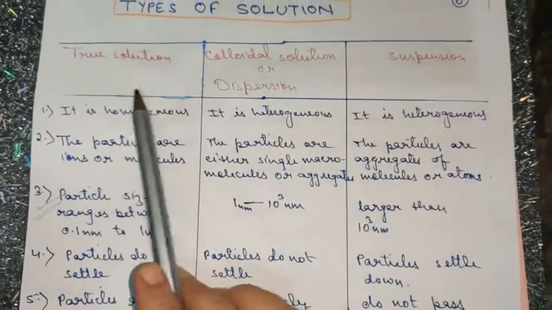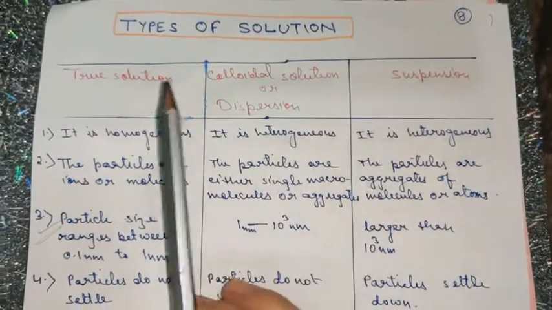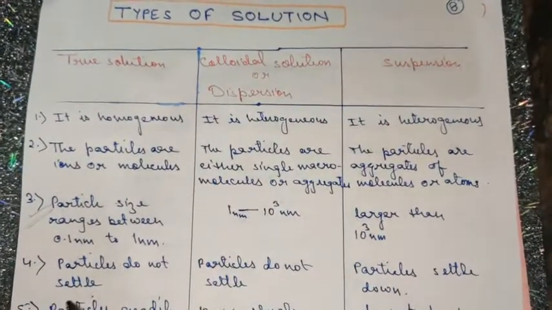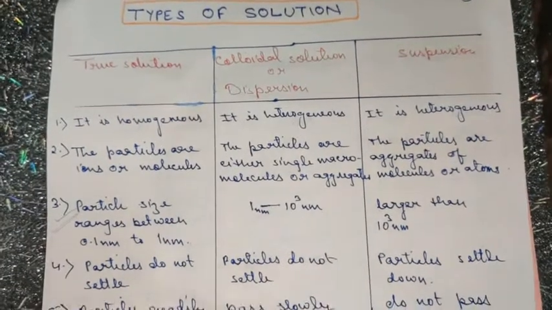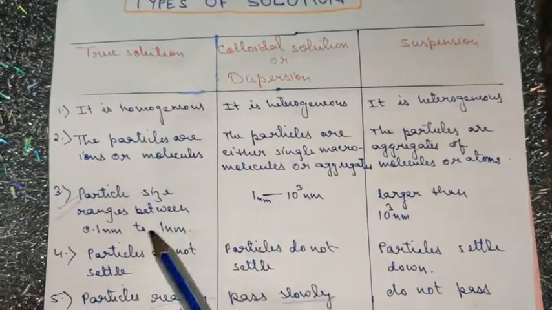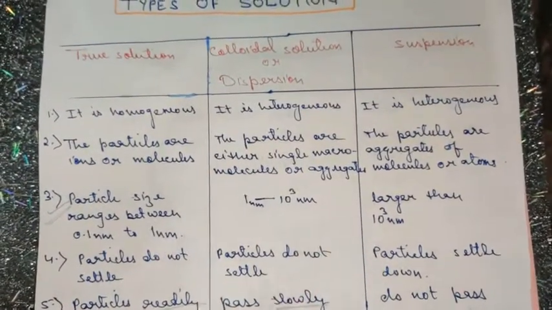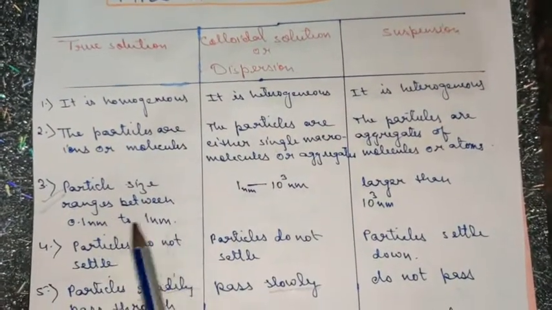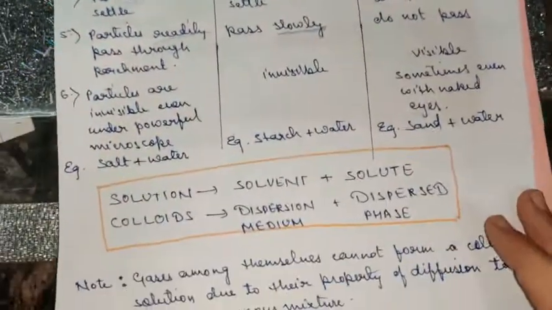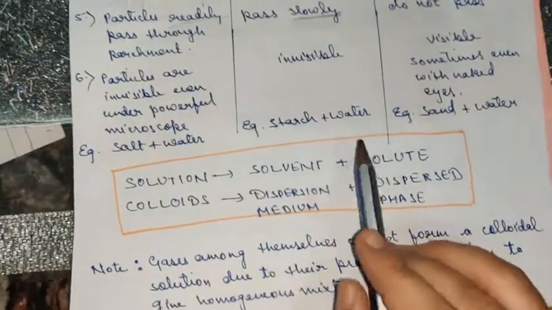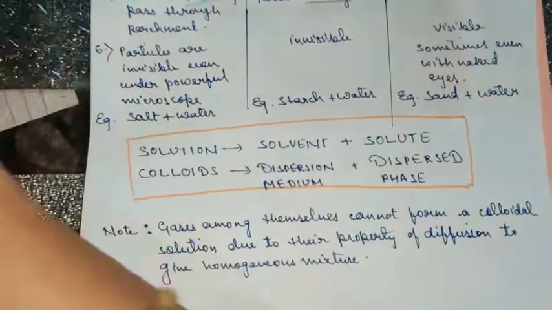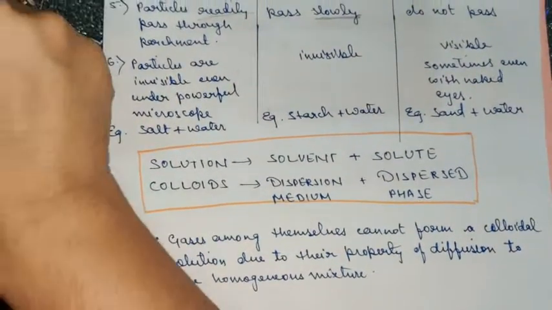The basic difference is the difference in their size, and because of the difference in the size, the other differences arise. That is the passing through the filter paper, and their settling down, and many other properties arise because of this size difference. Okay, now starting with the colloidal solution in detail. I'm talking about colloids now. Now you'll be studying about colloids, children, in detail.